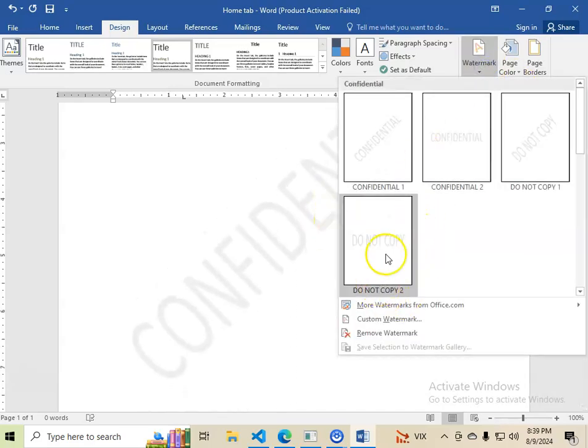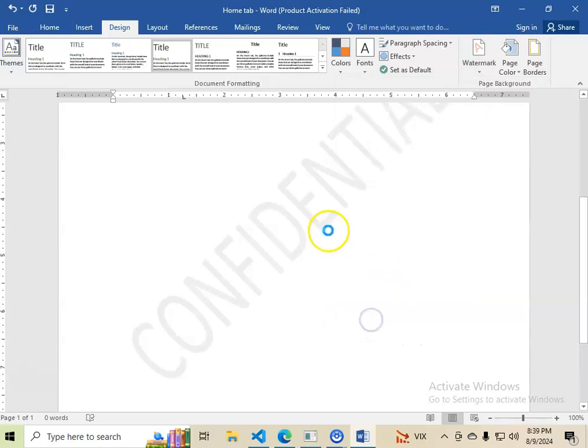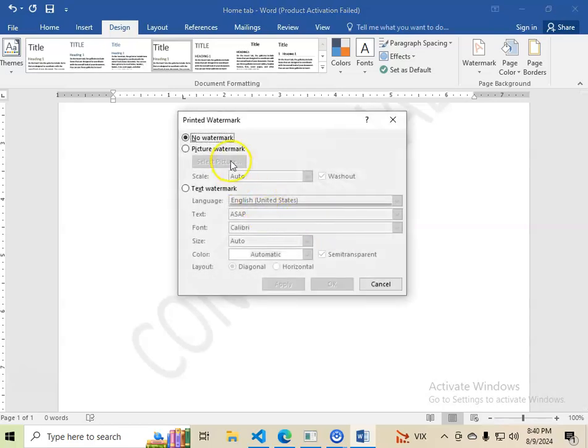But if you want to use your own watermark, then you can come down here to Custom Watermark. On this Custom Watermark, you just choose between not using a watermark, using a picture watermark, or a text watermark. In my case, I want to use a text watermark. I don't want to use this. I want to use something like Learner's Mind, and if I could spell it right,